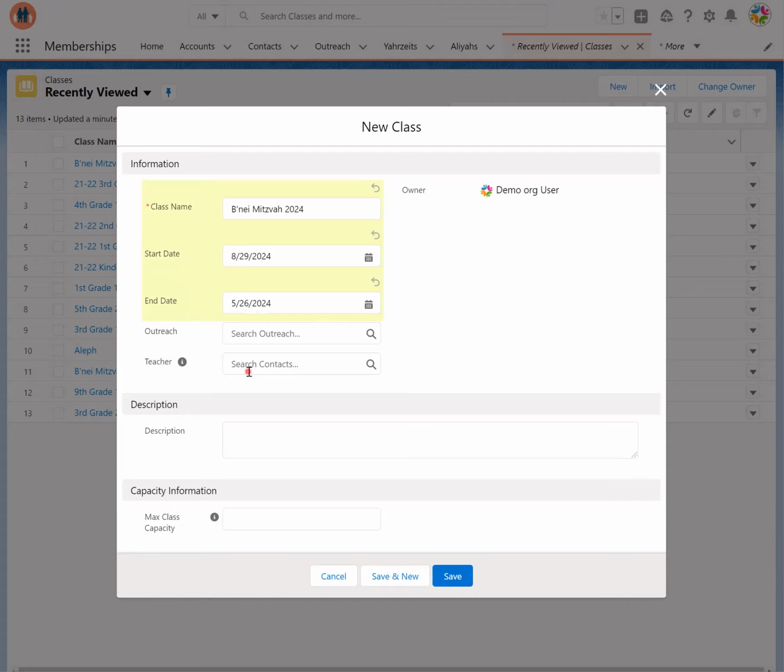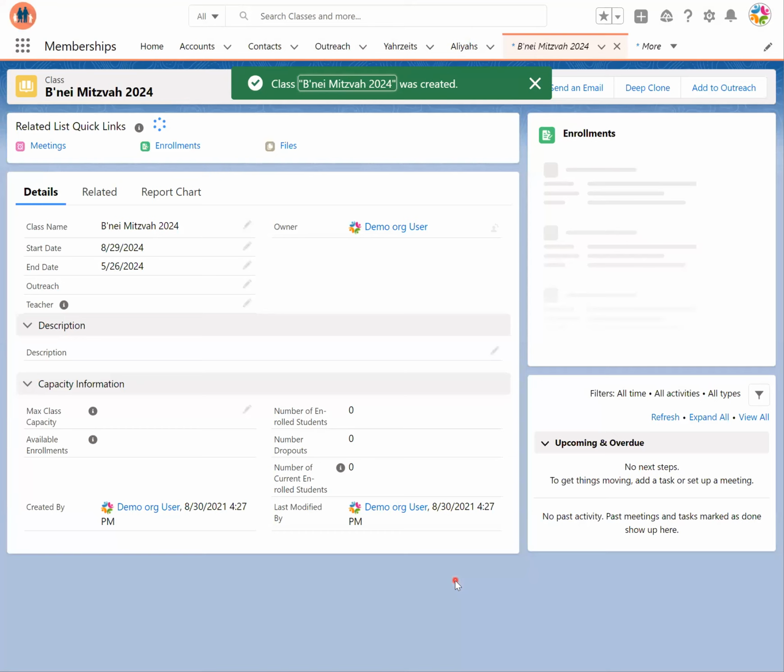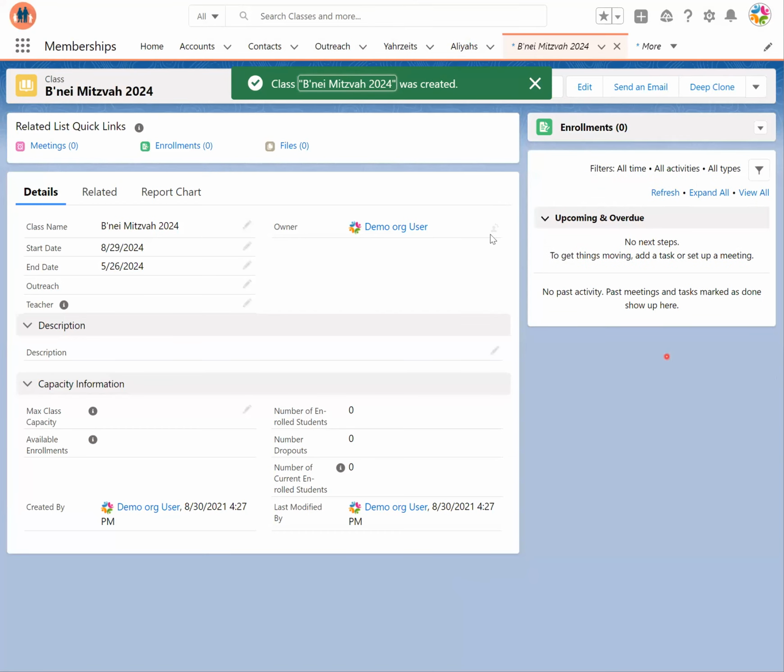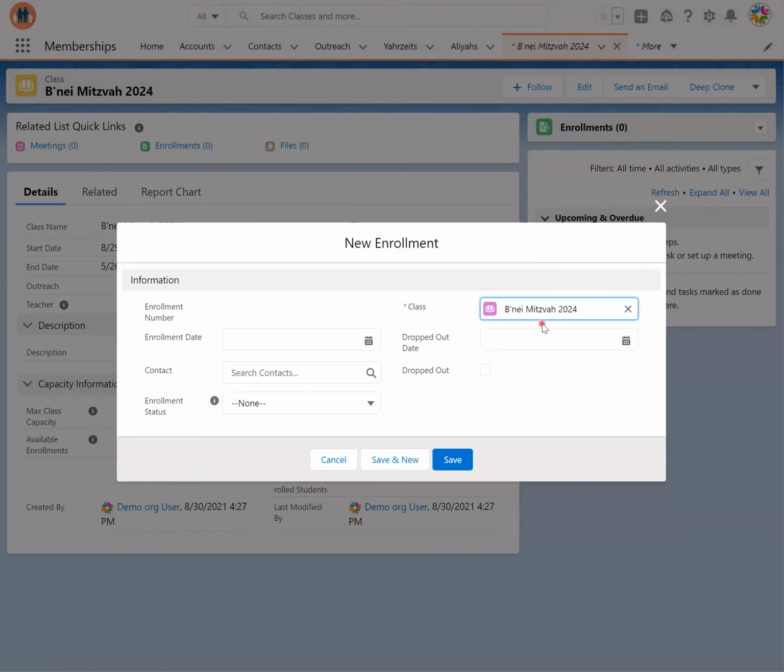You can put in a teacher, and you can also put in a maximum class capacity, and then click Save. Now here, you can add students to your B'nai Mitzvah class. So we can go ahead